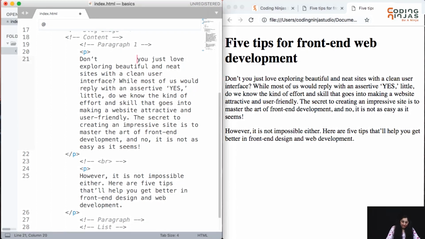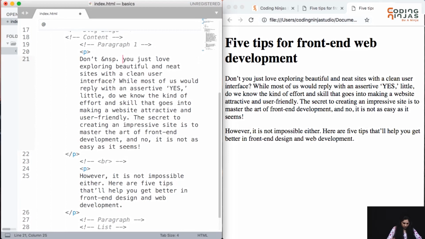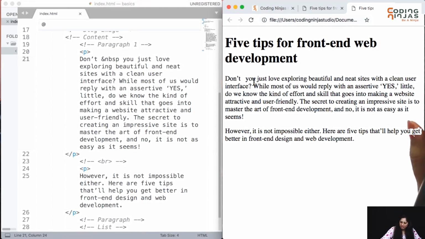So what can we do? If we have a scenario where we want to add multiple spaces, we will have to use ampersand NBSP. Let me just do this and load it. Ampersand NBSP means no break space.